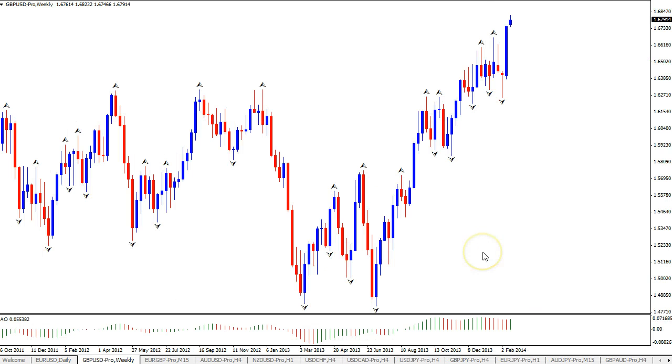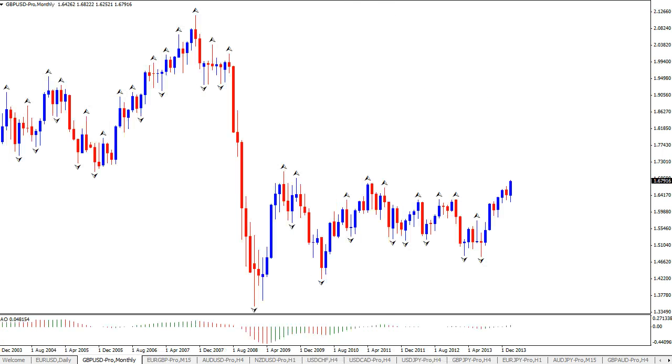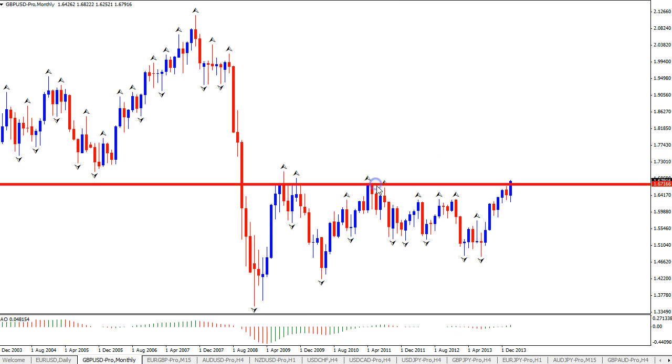This is the pound dollar. The pound is in fact more interesting than the euro because of its massive upside continuation, its breakouts to the upside continuously in fact. So the pound dollar, amongst others, and other pound currency pair crosses are very interesting at the moment. If we look at the monthly chart, we can see, for instance, that this particular resistance at about 167.30 has indeed been broken already on this early Monday morning, and that means, or potentially means, some upside continuation